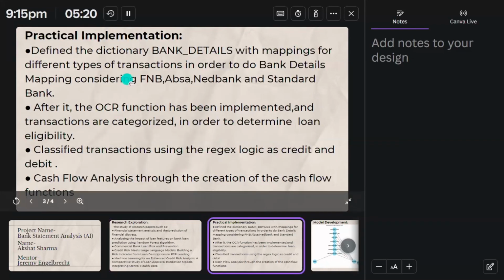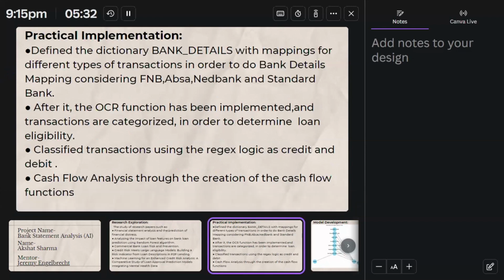Talking about my practical implementation, firstly I have defined a dictionary named bank details with mapping of different types of transactions in order to do bank details mapping. The banks I have considered include FNB, which is First National Bank, ABSA Bank, Nedbank, as well as Standard Bank. After it, I've implemented the OCR feature